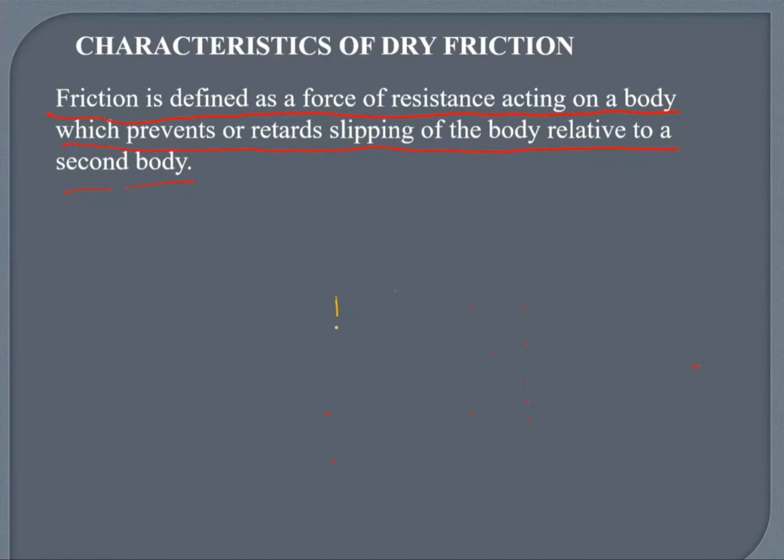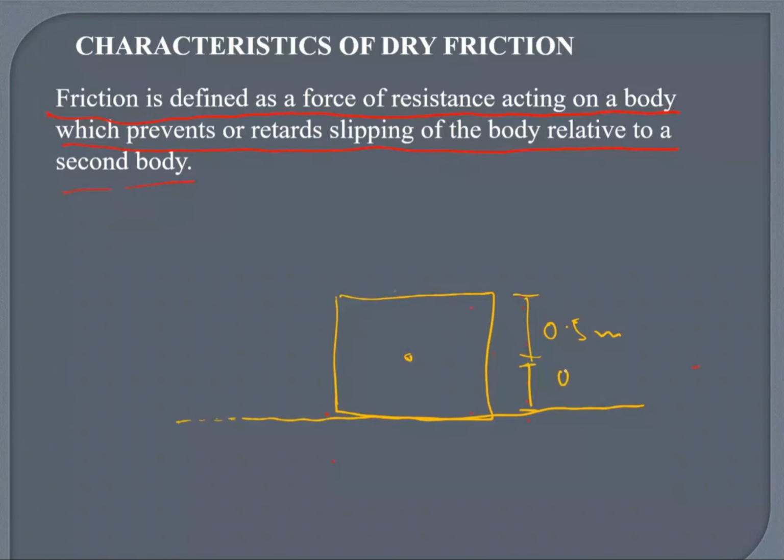Box, the same magical box that appears in most of the lectures, on a floor. Point A, which is 0.5 meters. 0.5 meters. And what the weight of the box is